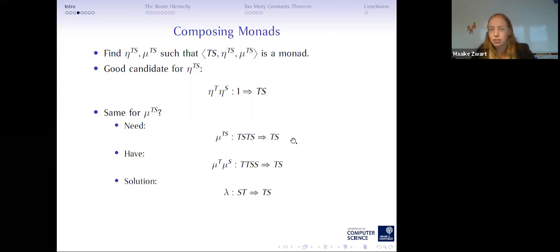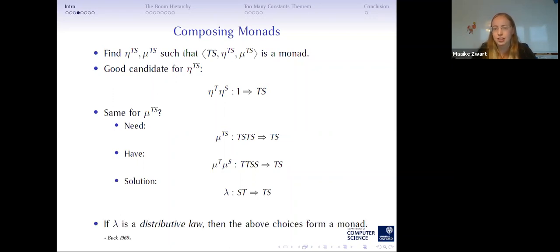So what I can do is just pre-compose with a natural transformation that fixes this type. If I switch these middle S's and T's here, then I can apply the multiplications, and then I get something I like. And this is exactly what a distributive law is. It is a natural transformation that fixes the type so that I can apply the component multiplications of the two